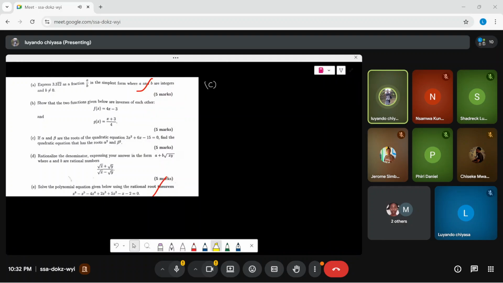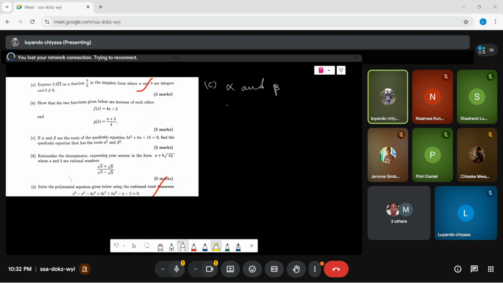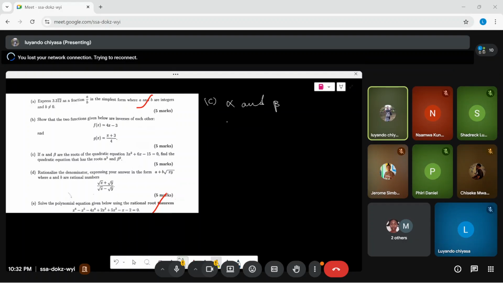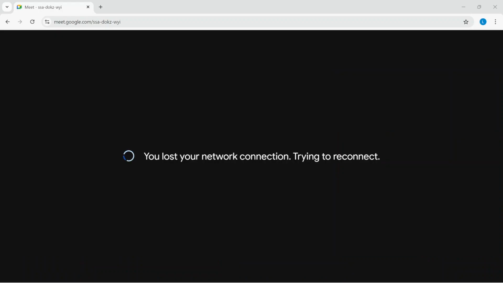C is saying: if alpha and beta are roots of the quadratic equation 3x squared plus 6x minus 15 is equal to 0, find the equation whose roots are alpha squared and beta squared. Okay, so in short,